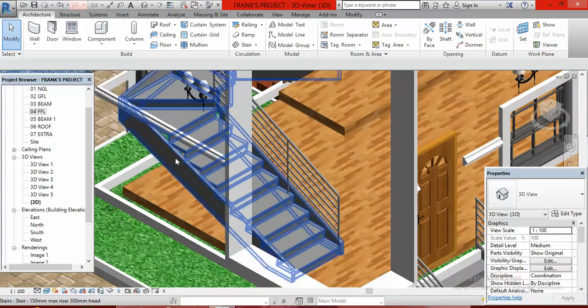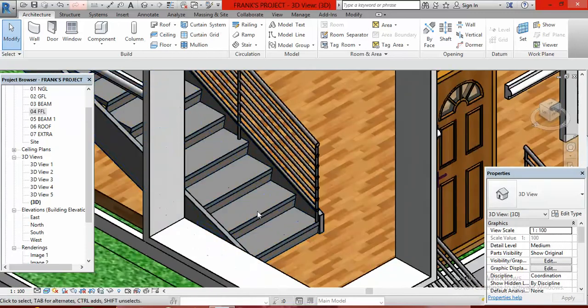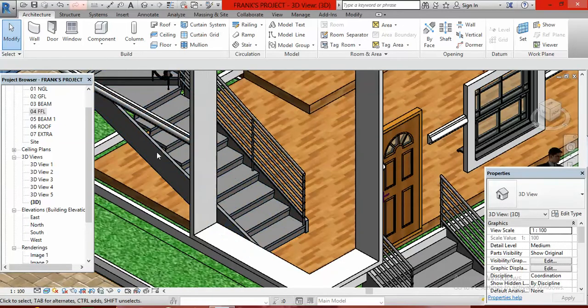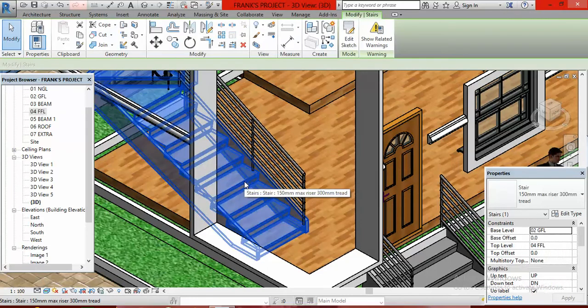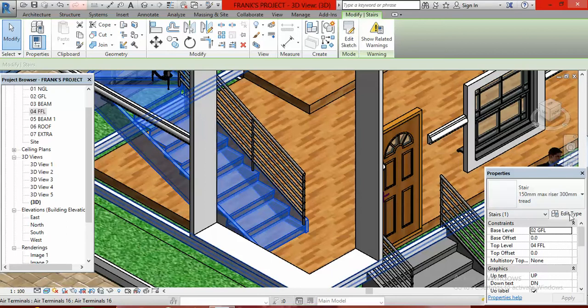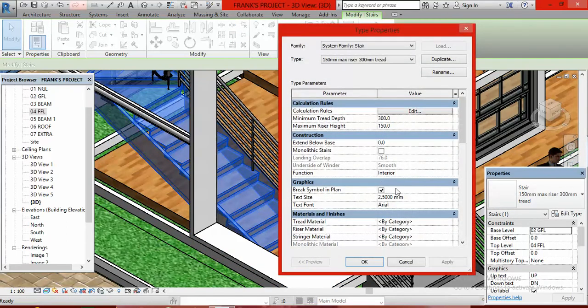You can also add material to the risers. How do you hide the stringer and how do you add material to the risers? Just click on the staircase, go to edit type,